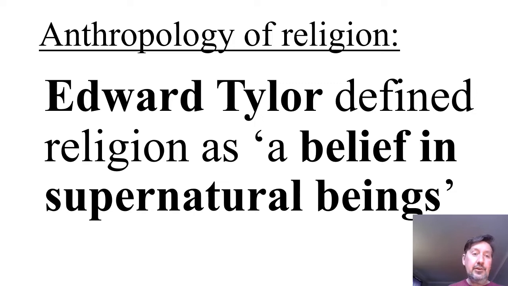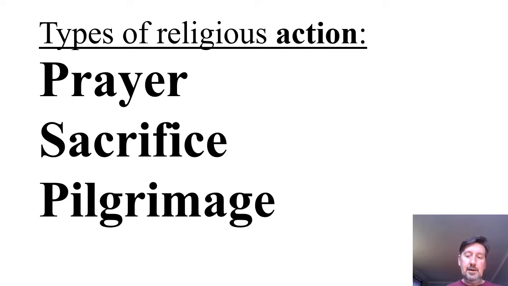Moving into our next unit, which was on the anthropology of religion, we began with one of the earliest attempts to define religion, which was made by the 19th century armchair anthropologist Edward Tylor, who defined religion as a belief in supernatural beings. Three types of action that are commonly associated with religion are prayer,